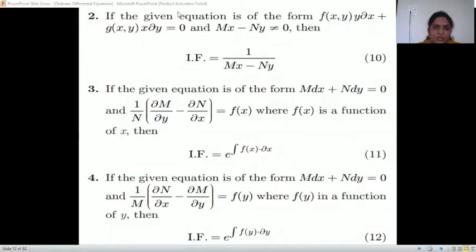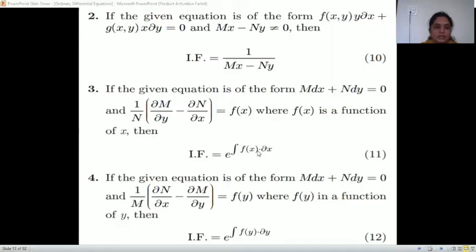homogeneous, and this is not the second type also, then we check next: if ∂M/∂y minus ∂N/∂x has something common with N. Remember, M and N are two functions. If this term ∂M/∂y minus ∂N/∂x is common to N, then we'll divide this term by N, and we'll call this some function of x, f of x. Then we write the integrating factor is e raised to integration f of x dx, and we'll multiply it to the given equation, and then the equation will